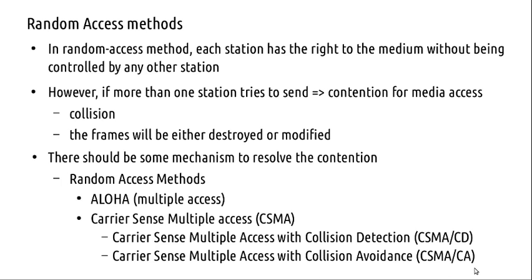But CSMA CD, carrier sense multiple access with collision detect, is part of the IEEE 802.3 specifications. And carrier sense multiple access with collision avoidance, CSMA CA, is mostly for wireless networks, wireless LANs, and you